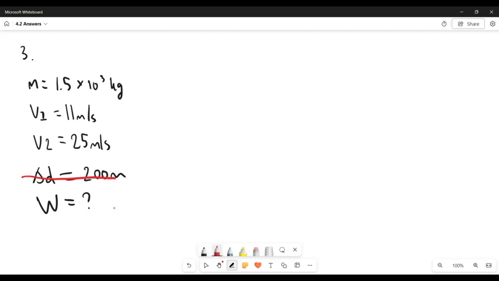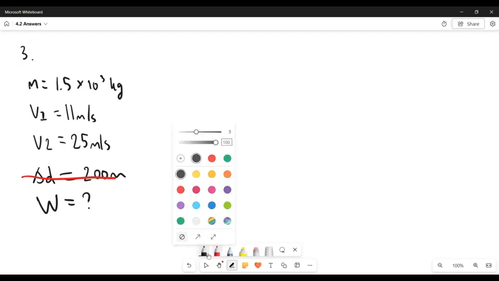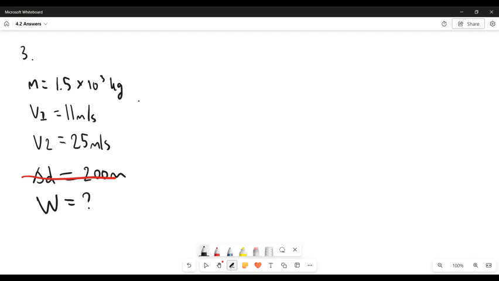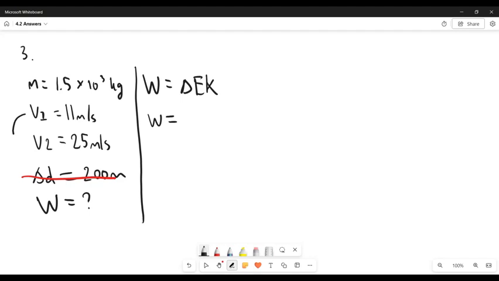In fact, we don't really need the distance at all. I think what the question is trying to do is prompt you to find the acceleration, but it's not needed for this question. So we know that work is equal to the change in kinetic energy. So to find work, you have to figure out the change that the vehicle underwent going from velocity 1 to